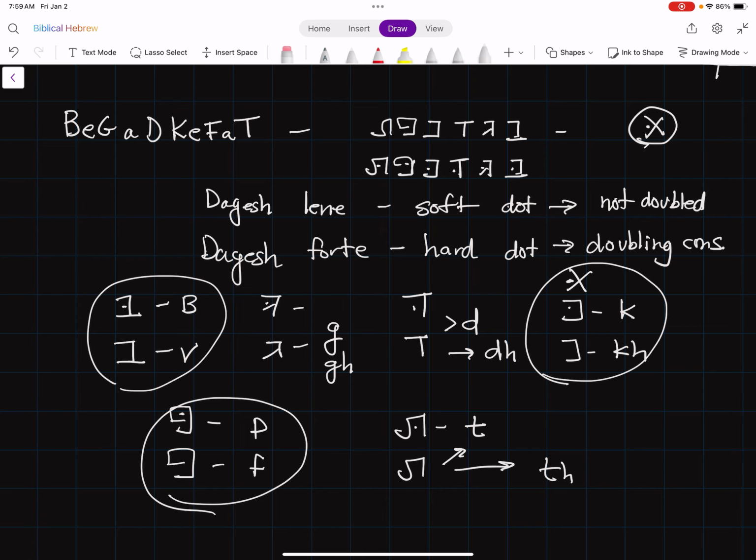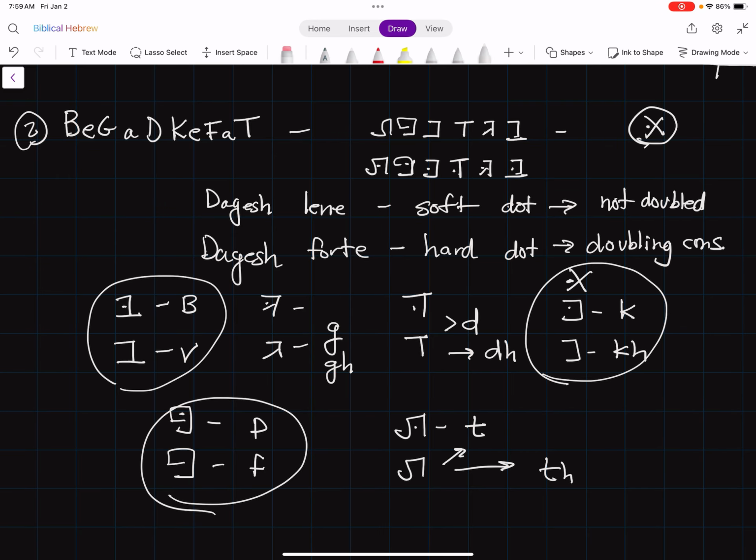The other three letters, we will not be differentiating whether there is a Dagesh in the letter or not. So, first we learned the Hebrew alphabet, the transliteration, the order and the name of the letters. Then we learned the BeGaDKeFaT letters, which is a category of letters that are able to take a Dagesh Lene,